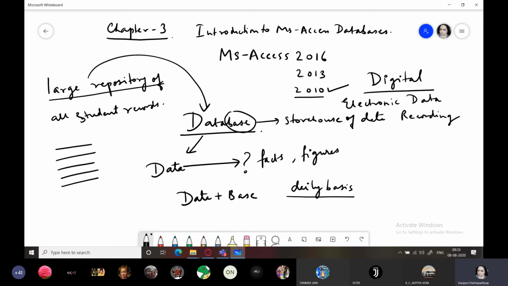If you needed to look for a particular record, say 10 years old, you had to go through all those cabinets, literally hunt for the data and spend hours on it, and still the data was not found. So much hassle in olden days, and a lot of manual work. Just to reduce that manual labor, what came into existence? The digital record keeping system, which is known as a database.